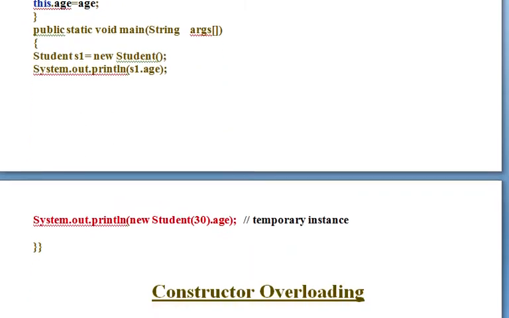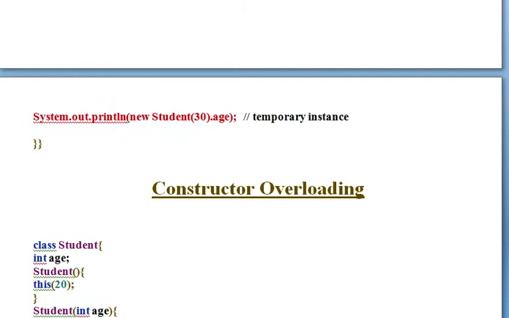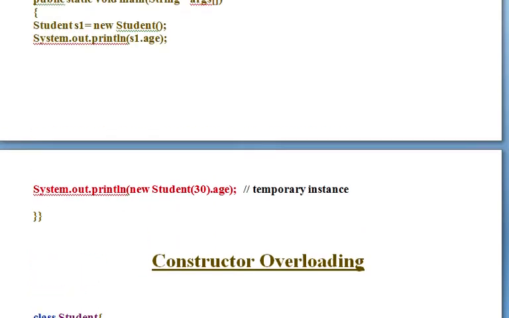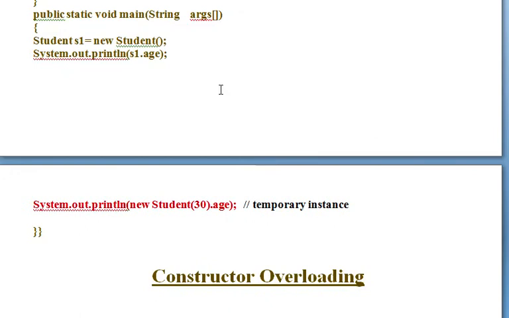Next topic is creating a temporary instance inside the constructor definition. This is somewhat the same. Here, see, s1.age, this object was created.